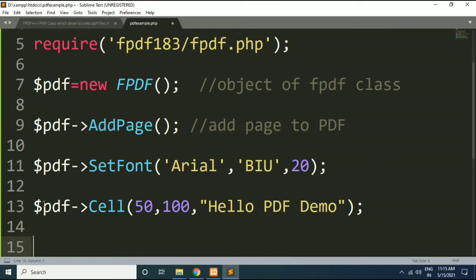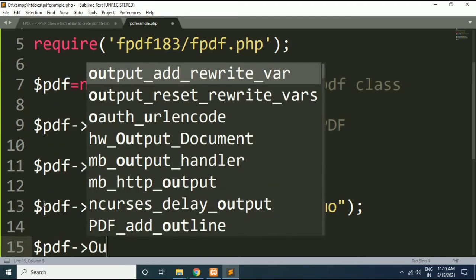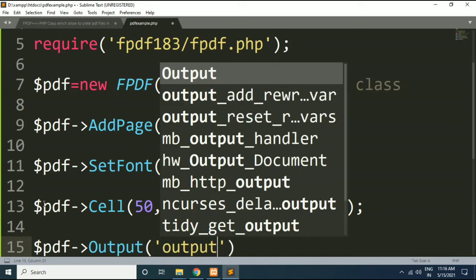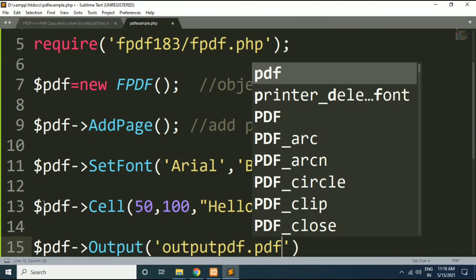Okay, and after that now we want to display our PDF. So I will write PDF and the function which we will use, that is output. This function requires two parameters, file name and the download option. So here we will specify the file name like output pdf.pdf.